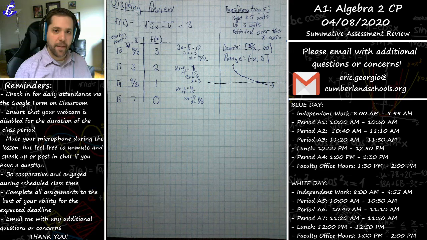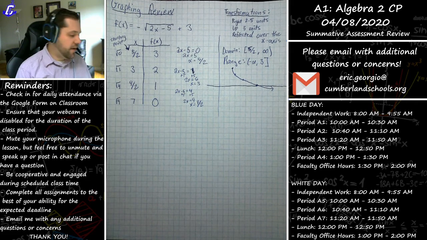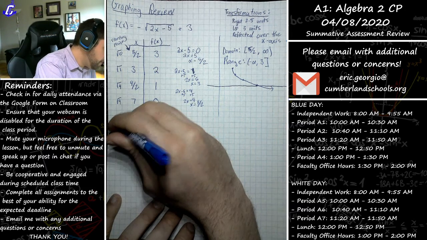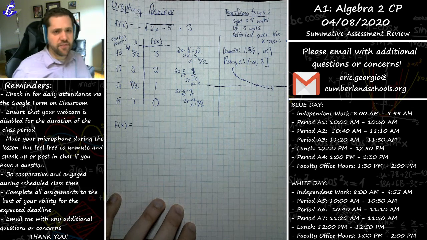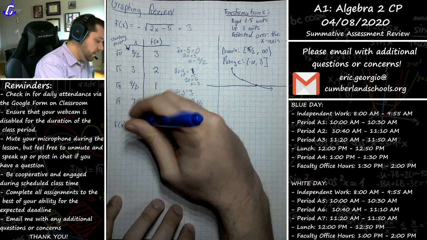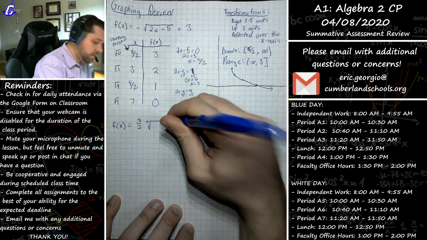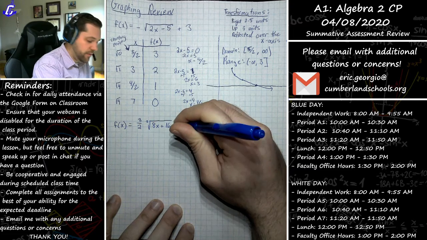Any question about that? Let's transition now into a cube root function. If I were to do a cube root function, it's a very similar structure to a square root function. I'll do one with a little GCF and factoring, just so you see that as well. Let's do 3/2 times the cube root of 8x plus 16, and then we'll do a -1 on